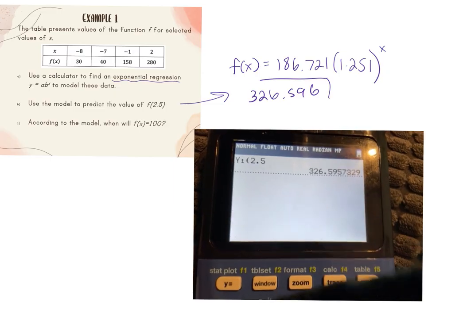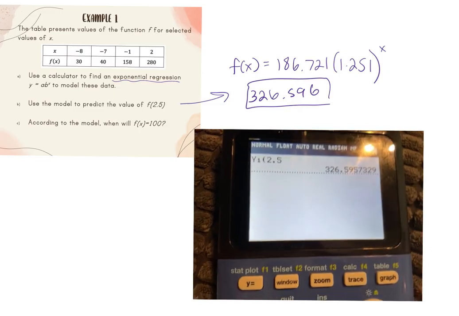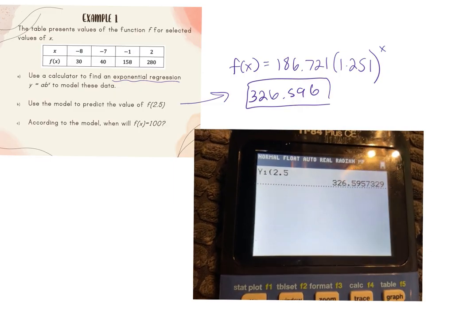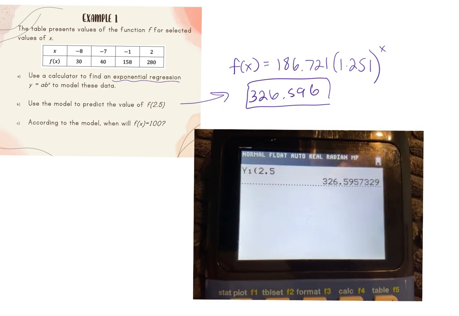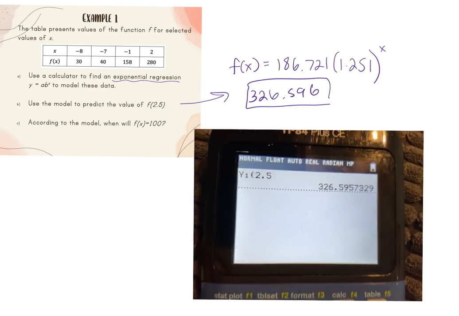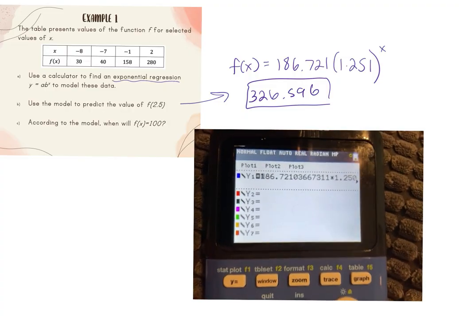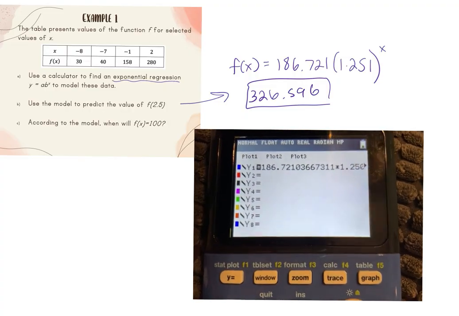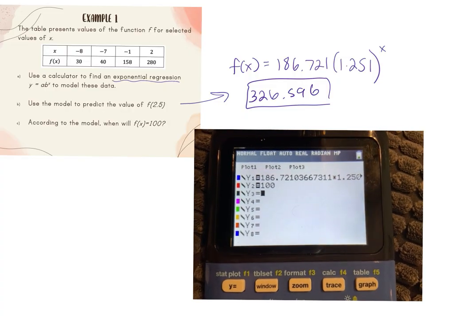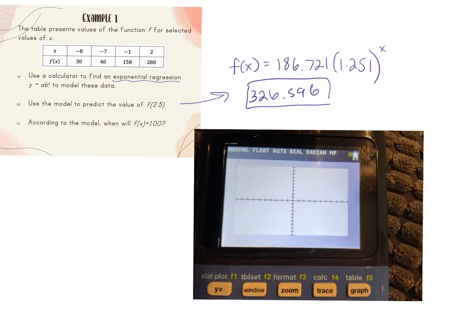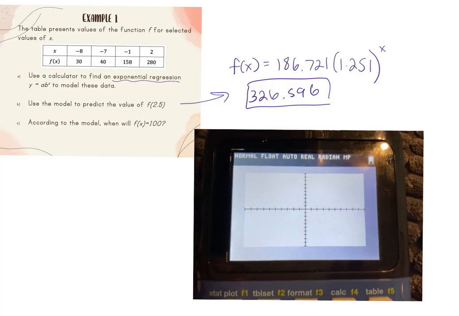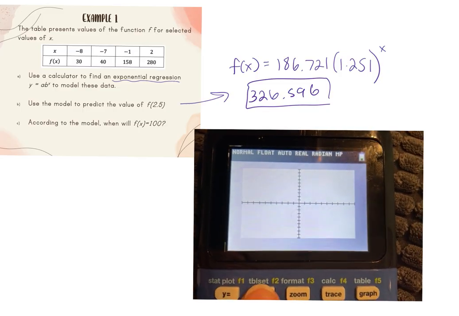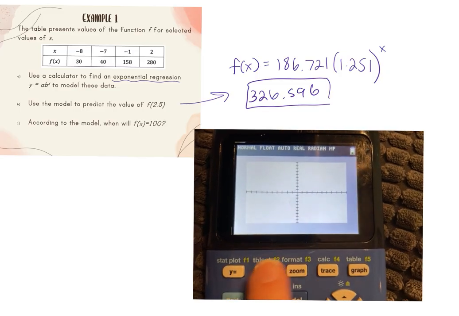So this is 326.5957, so 596. And then the next question says, according to the model, when will f of x equal 100? So this means it wants you to find out when your y is going to be 100. So I'm going to go back to my graph, and my y2, I'm going to put 100. Now I'm going to go back to my graph. It's going to take a little bit to graph again, and we don't see it, but our y value has to be 100. I can either hit zoom, zoom out, or I could go to window,